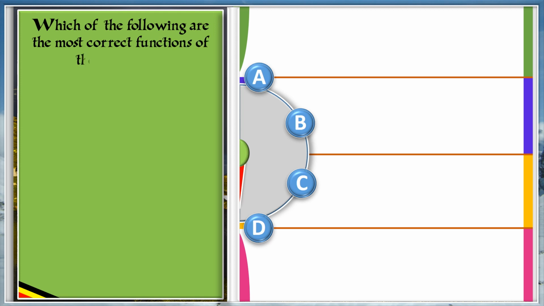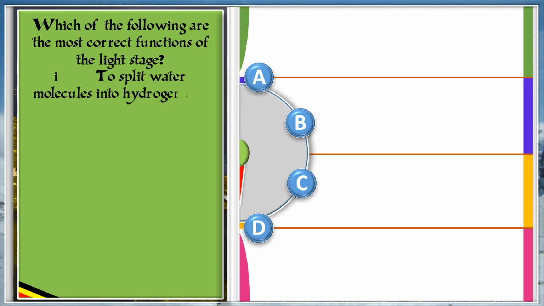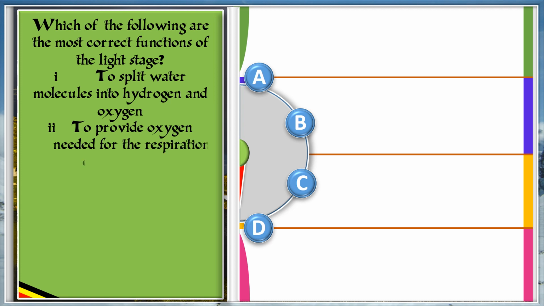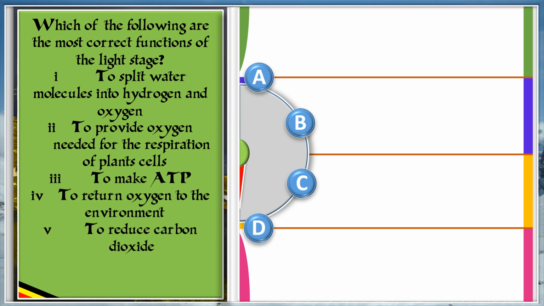Which of the following are the most correct functions of the light stage? 1. To split water molecules into hydrogen and oxygen. 2. To provide oxygen needed for the respiration of plant cells. 3. To make ATP. 4. To return oxygen to the environment. 5. To reduce carbon dioxide. 6. To make simple carbohydrates. And the answer is